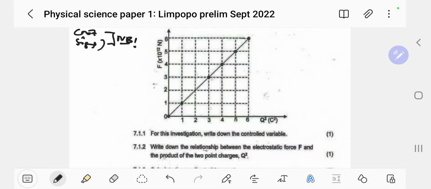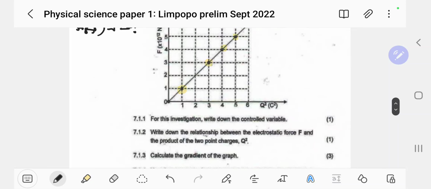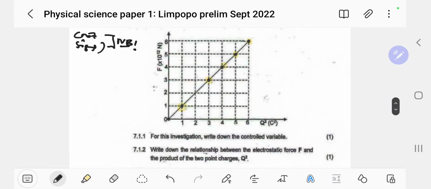You can see there that the gradient is going to be 1 because it's 1:1, 2:2, 3:3, 4:4. But of course, you're using the dots. So you're going to be using these points. Any 2 points that you want, you can do that. Okay, so we can decide we're going to take, say, 1 and 3. Okay, we want the gradient.